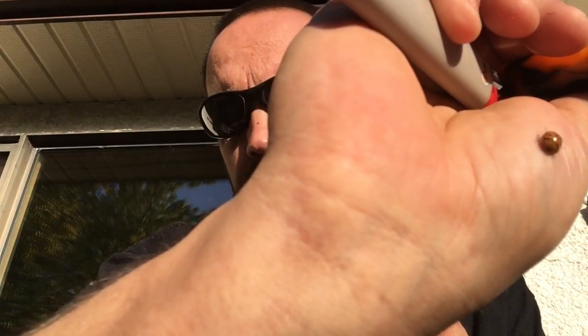Ladybug season. At least it's an actual ladybug. We've been getting these Asian lady beetle things. They're not red, they're orange. They look a little different, and they bite, and they come in the thousands, and they just collect everywhere. They get into your house, and they're all around the corners of the windows, and I don't know how they squeeze into spots, but